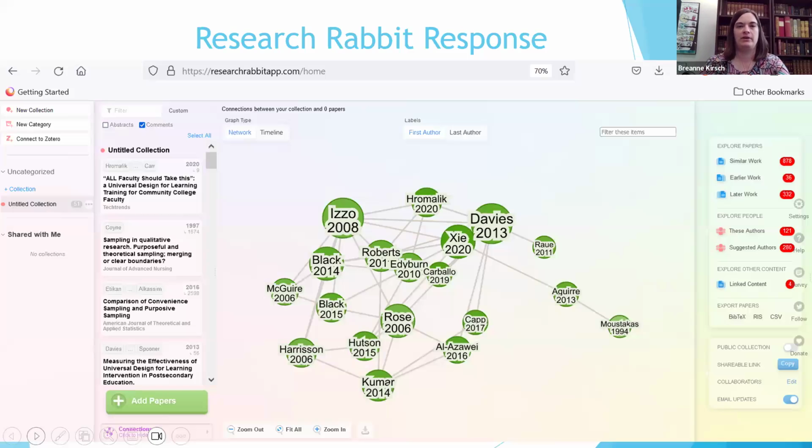So this is what Research Rabbit looks like. This is a screenshot of another search I did. With Research Rabbit, you can choose one article and then find similar articles, or you can find articles that article cited or articles that cite that article. So you can explode it and click on more and more, and essentially you fall down a research rabbit hole